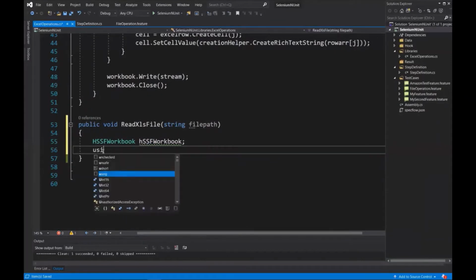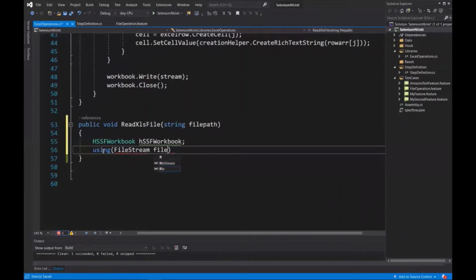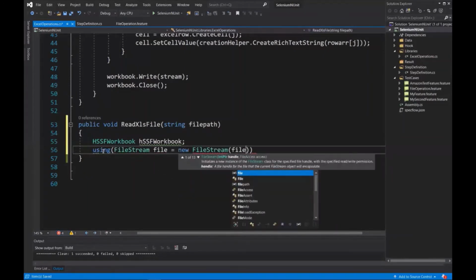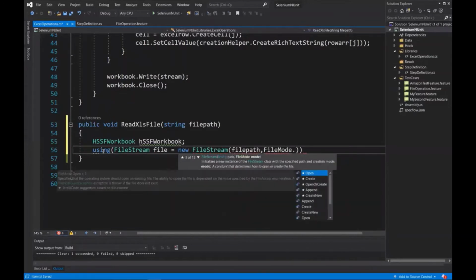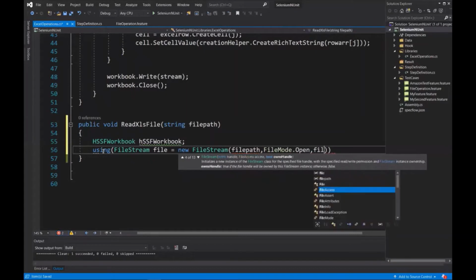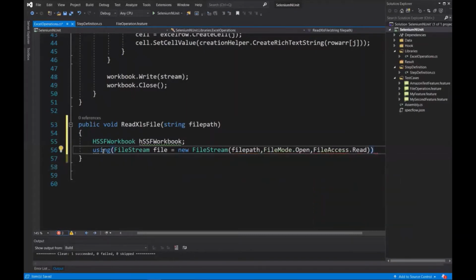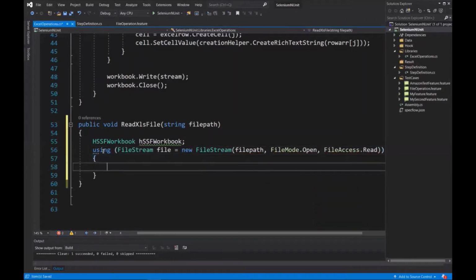Now to read the file, we have to use FileStream file equals new FileStream, then provide file path, FileMode.Open, and FileAccess.Read. And then we'll initialize the workbook object with the file stream.